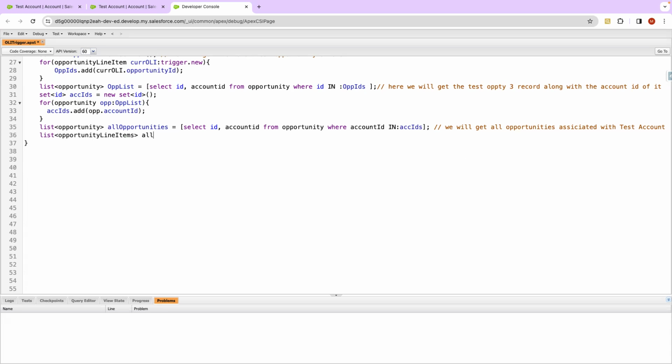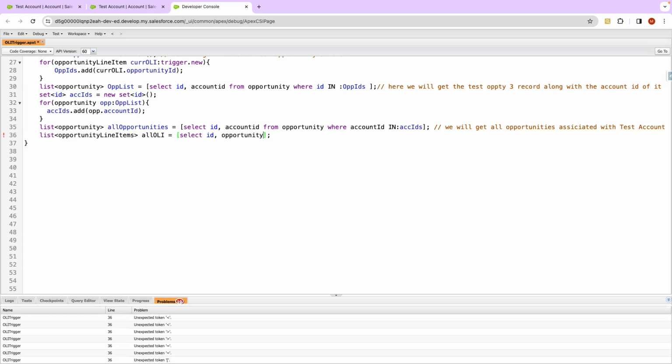And let's call it all OLI. Okay, let's query them. Select. See, this is a bit longer approach, so it's okay if this is a bit confusing. That is completely fine. We will even improve this later on. Select ID and opportunity ID from opportunity line item where opportunity ID in